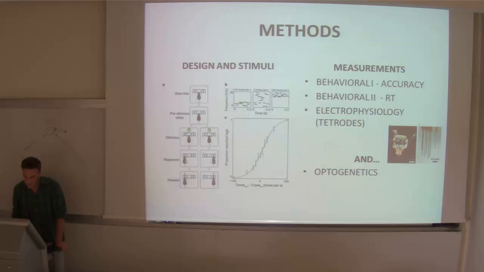Now, in this figure C, as you can see, each high tone counts as 1 and each low tone as minus 1. So minus 1 represents a trial in which all 100 tones presented were from the low frequency, and 1 represents all 100 tones presented from the high frequency. And as you can see, at these extremes, the proportion of trials in which the rat chose the right port was almost perfect. This figure is actually important, so if somebody doesn't understand it,